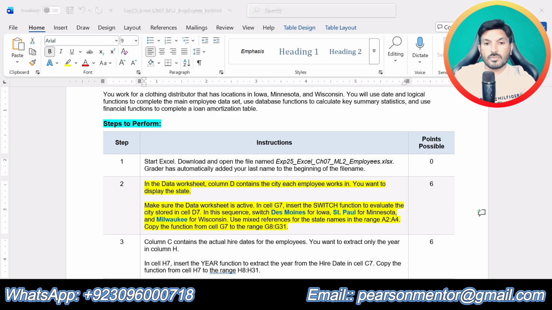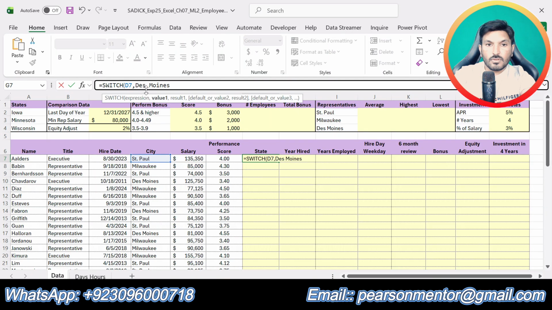Now the first value we type in inverted commas, Ames, for Iowa, and we will use the mixed reference for this one.